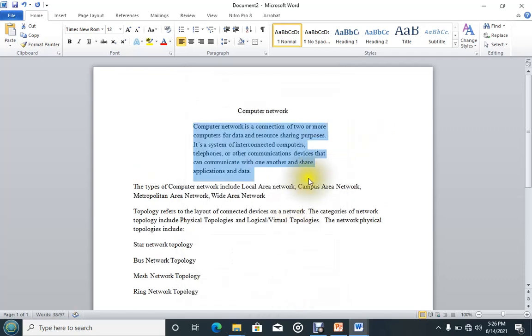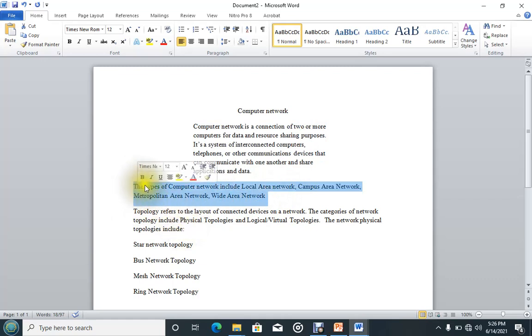Then you can see now from here up to here is 1.5, from here up to here is 1.5, but we are taking it towards the center. Then there is the other one called the first line indentation, meaning that it's going to affect only the first line of the paragraph, taking it towards the center but from the left.